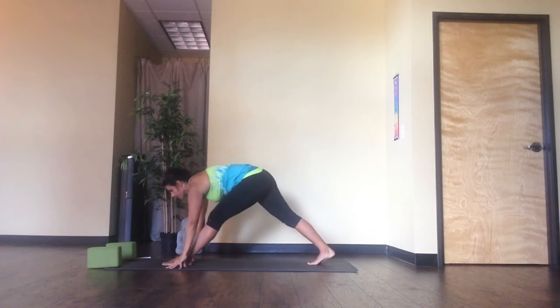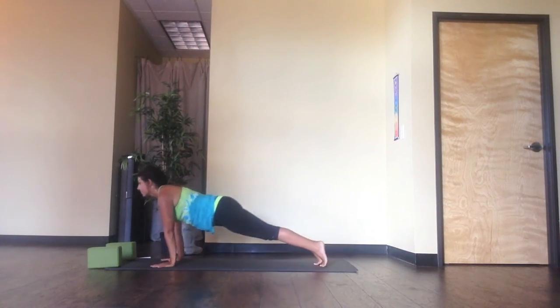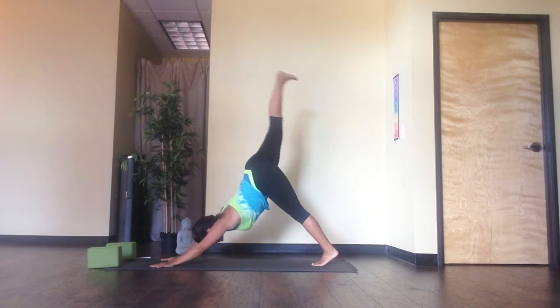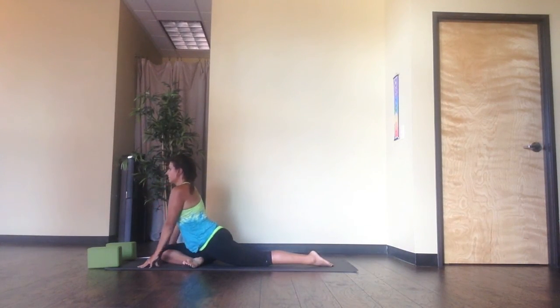Inhale, straight leg lunge. Exhale, come forward, softening, plank pose, inhale breath. Chaturanga, exhale, up dog, and then back to downward facing dog. Inhale, right leg high, this time pigeon pose. Bring it through, drop it underneath you, and it's your choice whether you take that left ankle closer to your